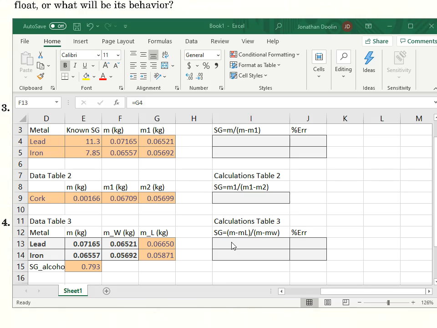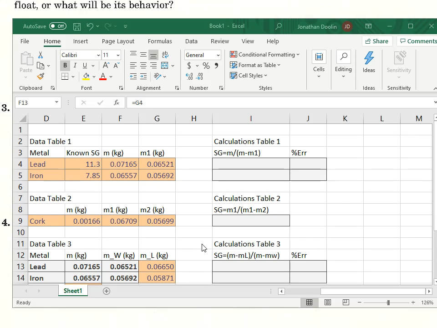Okay, so that is all of the data taken in this section. So I will leave the calculations to be figured out by